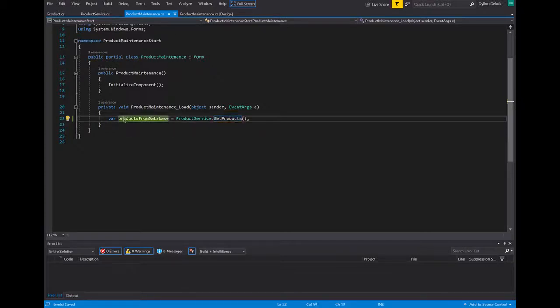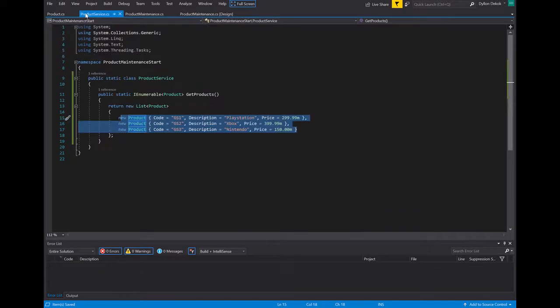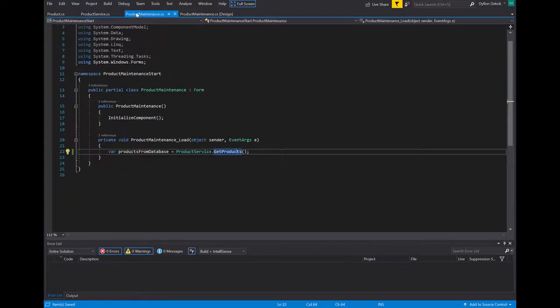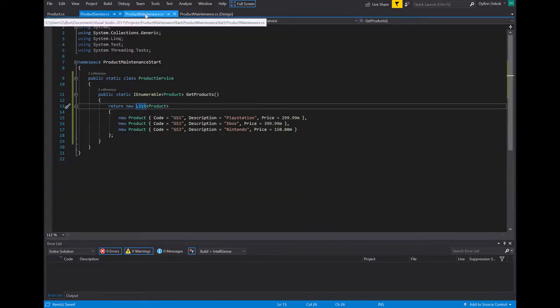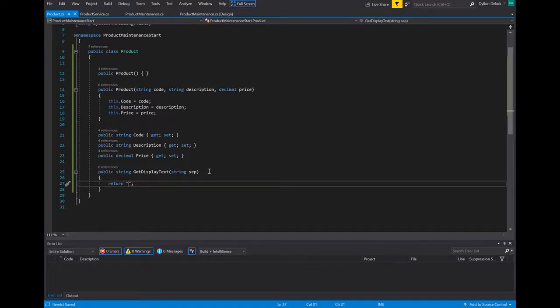So when we call products from database is equal to product service.getProducts, you'll see from there, once we go to our product service and call getProducts, it'll return a new list of product. Now let's go back to our product class and put in how we want this thing to be displayed. When I display it, I want to display